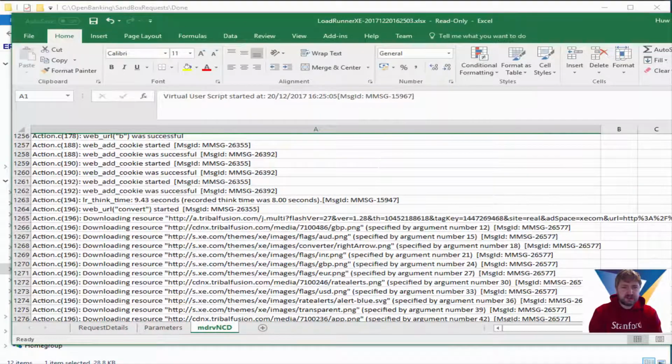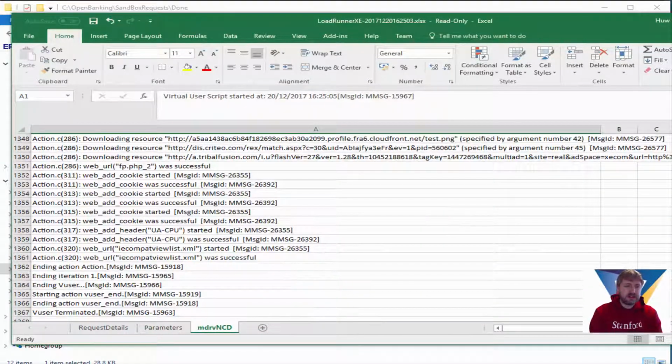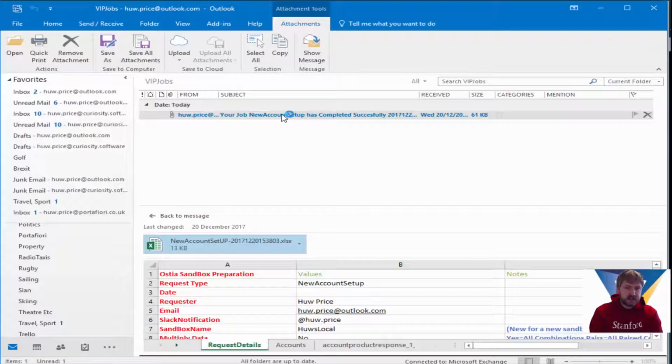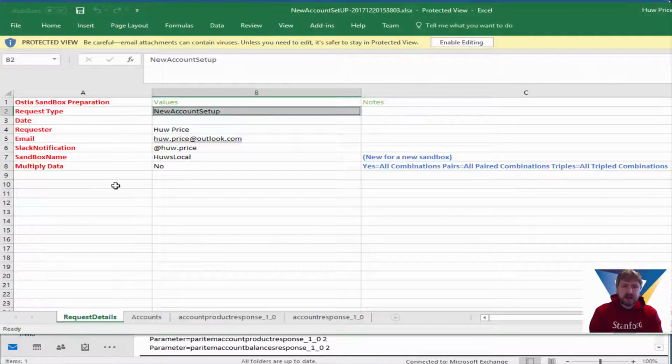So we can actually do stuff with this, whether we put it into some kind of NoSQL, Cassandra, MongoDB, or we look at putting those results back into our continuous integration tool or continuous deployment tool.